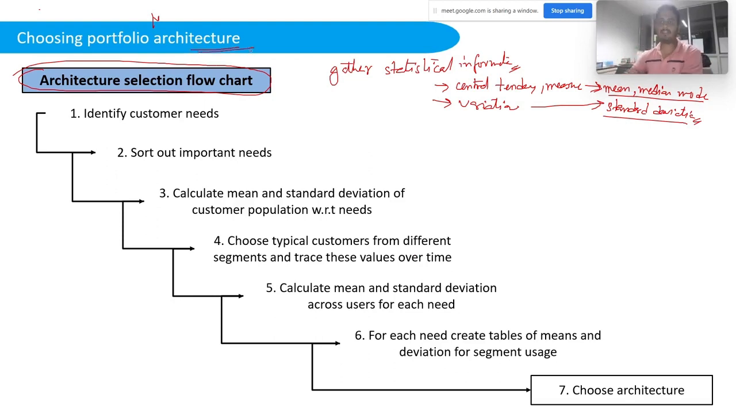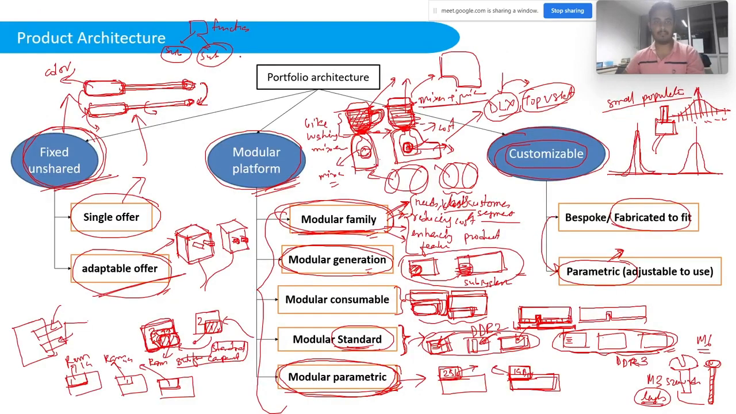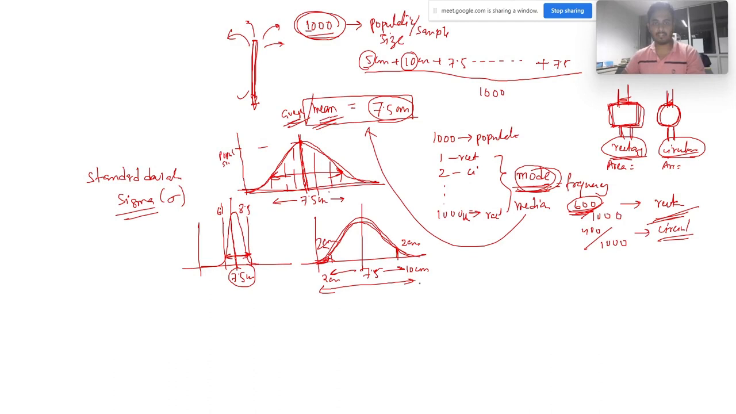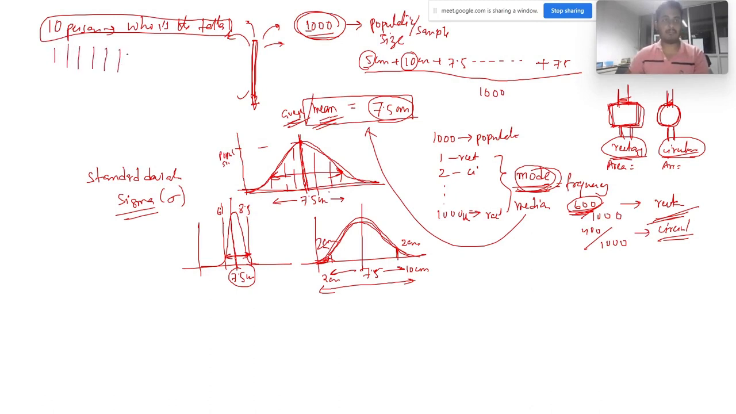Did you understand this particular concept, standard deviation and mean? Yeah, median I didn't get. Median is, for example, if you have 10 people and you ask who is the tallest, how will you measure? You have to arrange them, right? You cannot simply add their heights, for example these 10 people, and divide by 10. You can do that, but that